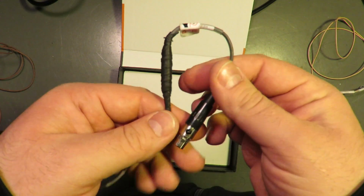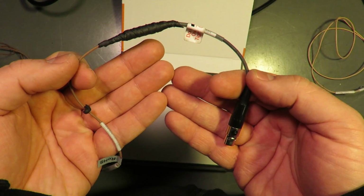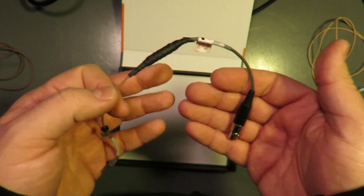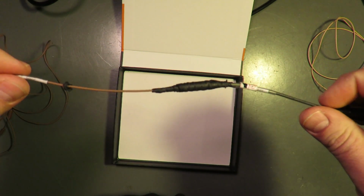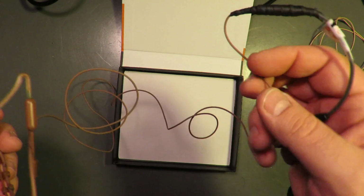Now keep in mind, this goes on your pack. You have to hide this on an actor's back. So you gotta keep that in mind. That's the general overview of the point source